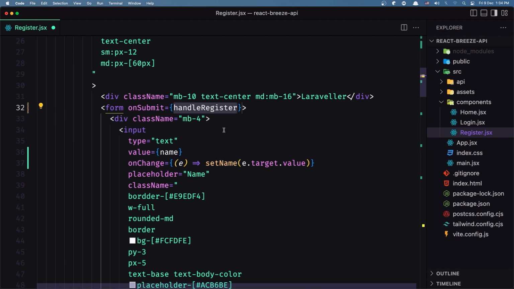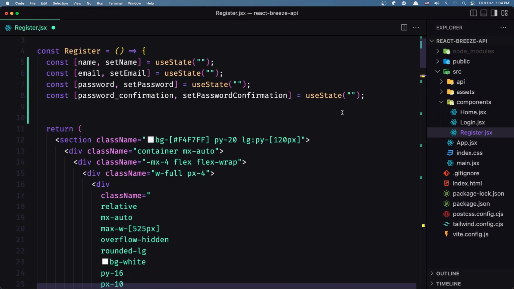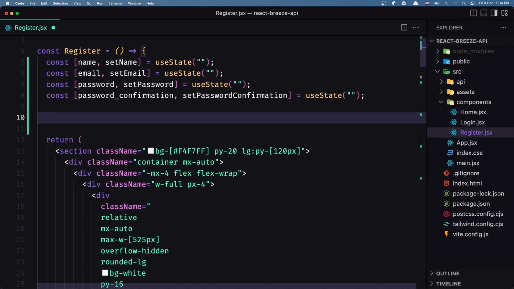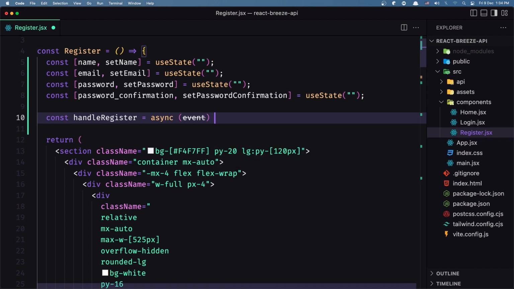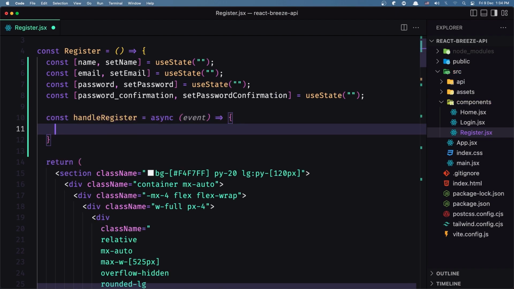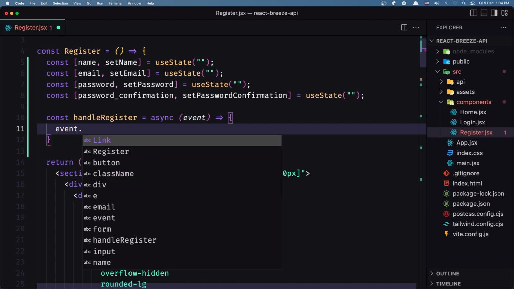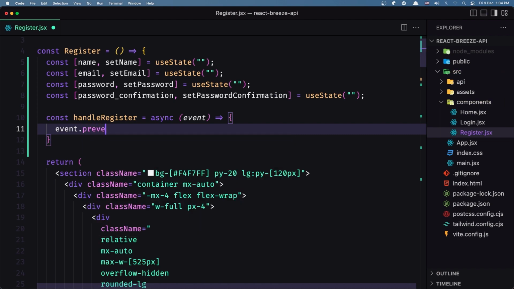Let's copy, come up here and create a constant with that name, which is going to be equal to an async function. It's going to receive the event, and first we are going to call the event.preventDefault,